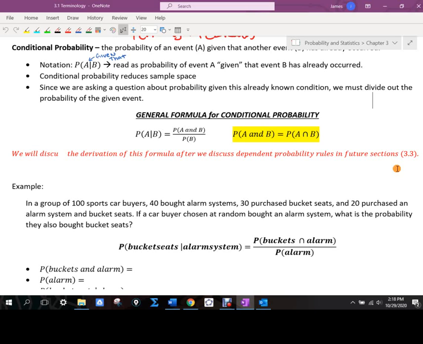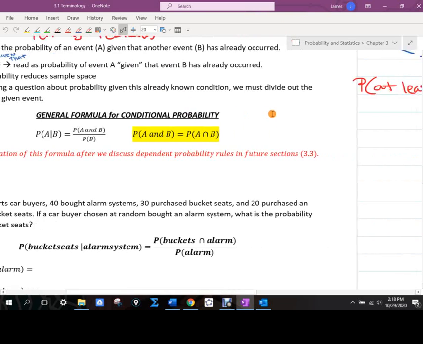So usually when we talk about conditional probability, we're talking about reduced sample spaces. And we might even be talking about reduced outcomes that align with the event in the probability. So for instance, if I say, what's the probability of choosing an ace